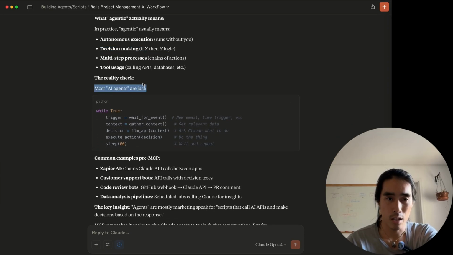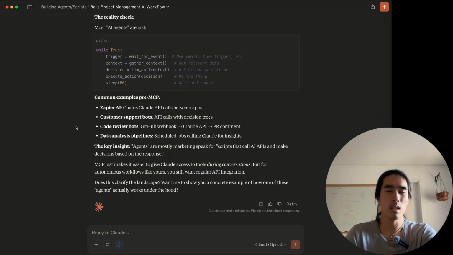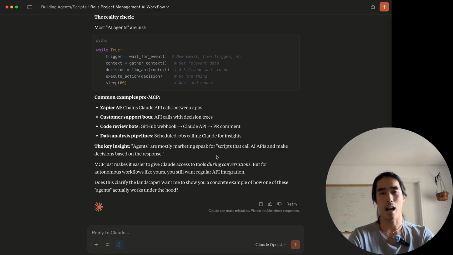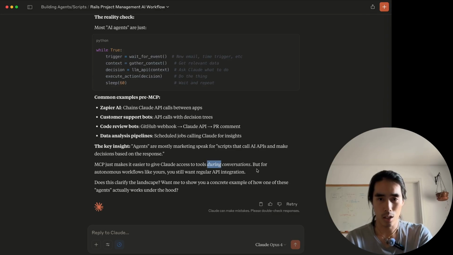Most AI agents are just chains of Claude API calls between apps. Scheduled jobs calling Claude for insights. Mostly marketing speak for scripts that call AI APIs and make decisions based on the response. Okay. Easier to give Claude access during conversations, but for autonomous work like yours, you still... Okay, so